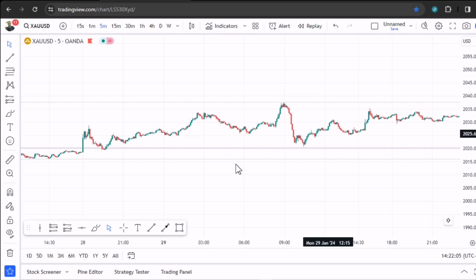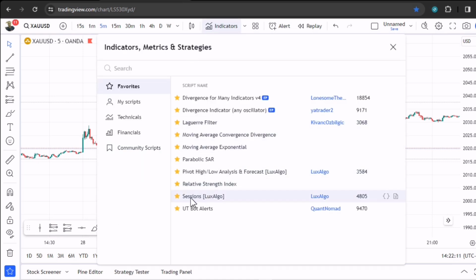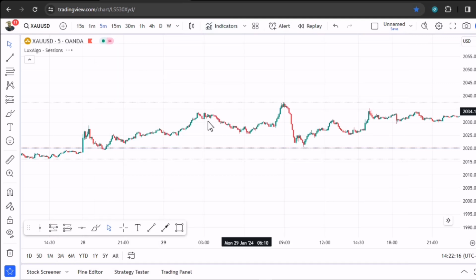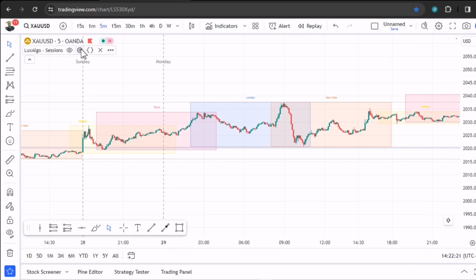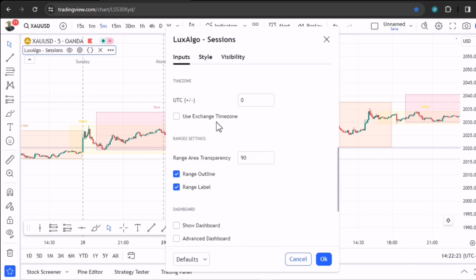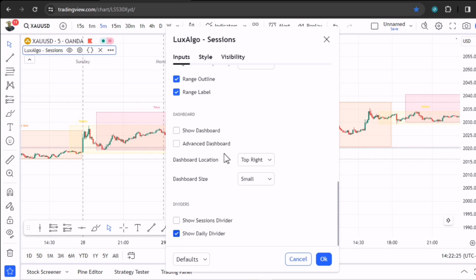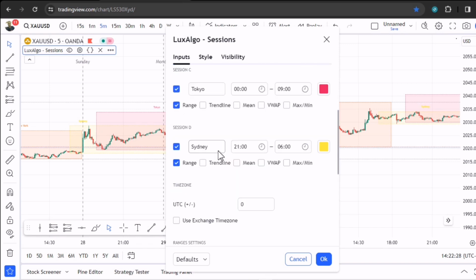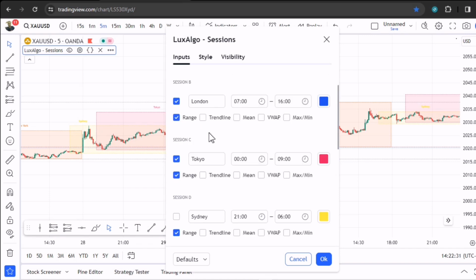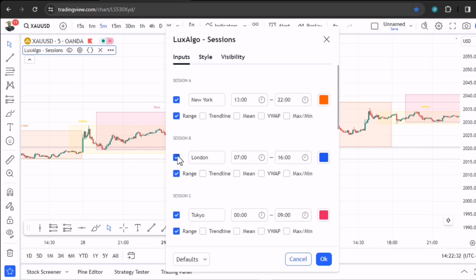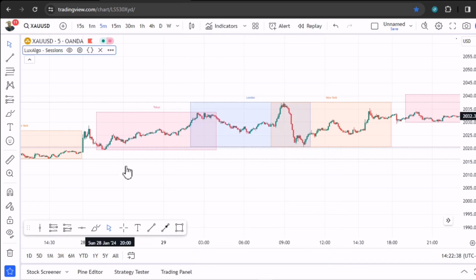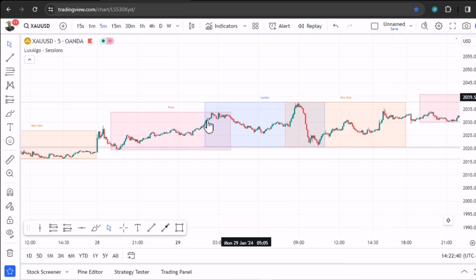This is TradingView, 5 minutes time frame. What I do is I add this free indicator, Sessions by LuxAlgo. Just want to show you what we were looking at yesterday. On the sessions indicator, remember you remove the daily divider and you remove Sydney. We leave Tokyo, London, and New York. So we were looking at these three